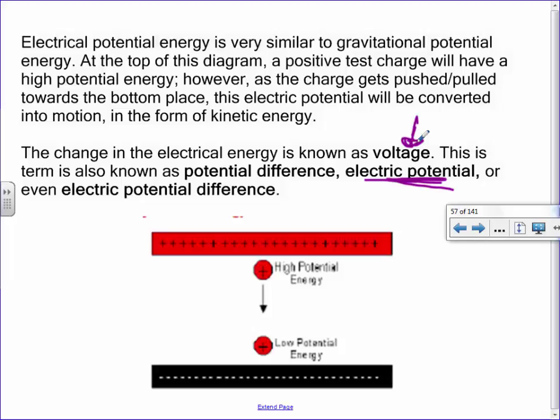Now that doesn't mean that the plates are further apart. Okay? That's the first thing that kids think of: I think we'll just put the plates really, really far apart. That gives it more potential, but that's not really what it's based on. It's really based on the strength of those plates that you have for your anode and cathode. So they could be close, they could be far. That's not really what we're saying.